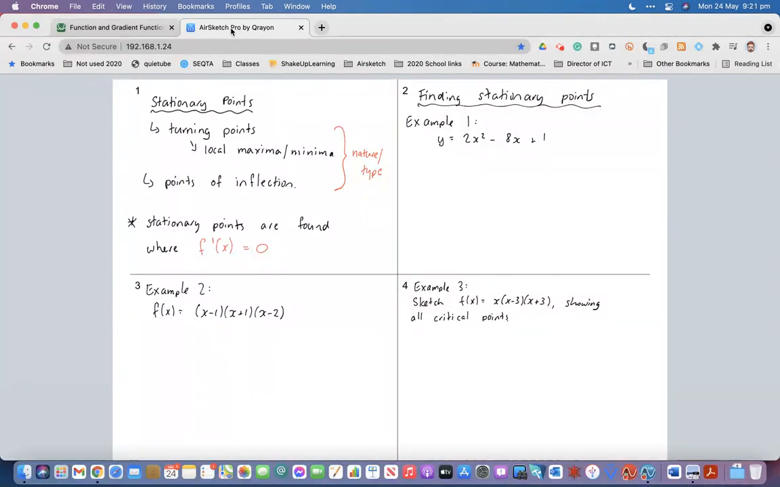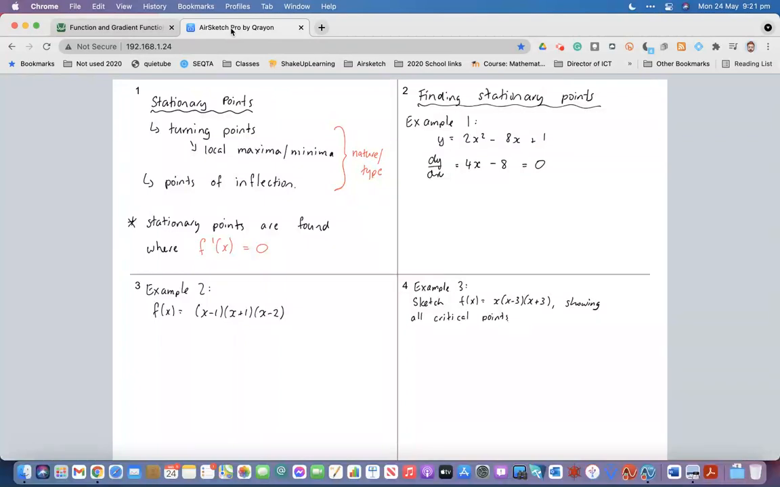So example 1, find the stationary points for this quadratic here. We know there's only going to be one, because we know what the shape is going to be. So the first thing I do is I find the derivative. So I go to dy/dx, and I simply use my power rule shortcut. So 2 times 2 is 4, x to the 2 minus 1 is 1, so it's 4x minus 8, and the plus 1 disappears. So dy by dx equals 4x minus 8 is the derivative, and now I set that equal to